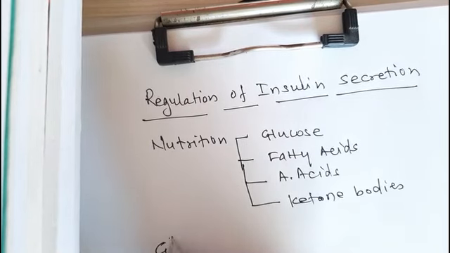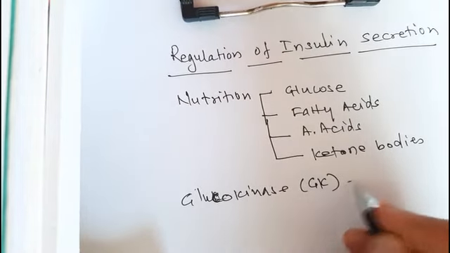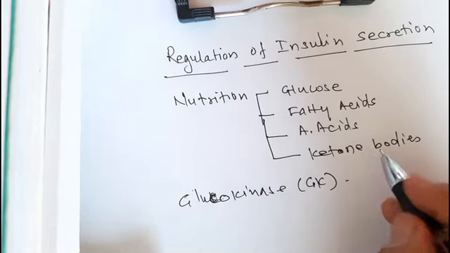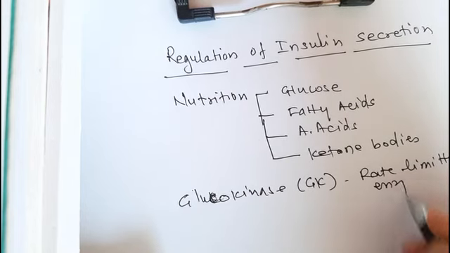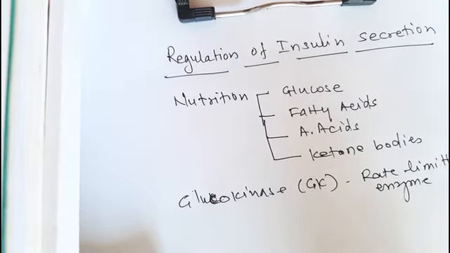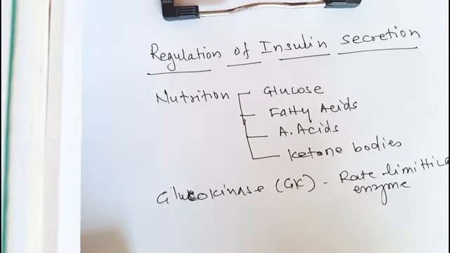Now in this, you see the enzyme glucokinase. This enzyme is a rate limiting enzyme in the secretion of insulin, because when the glucose enters the